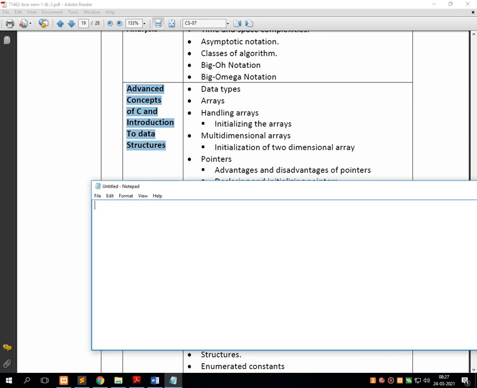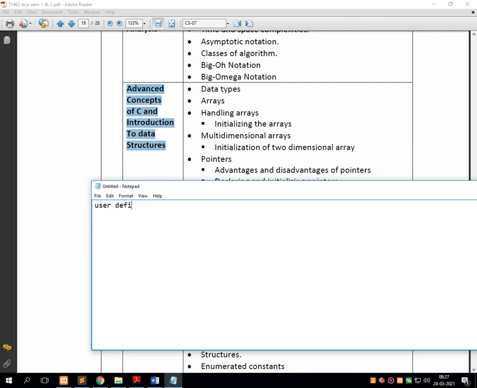First, we will discuss basic data types, and we already know about these: integer, character, and float. And the keywords used for writing these data types are int for integer, char for character, and float for float.